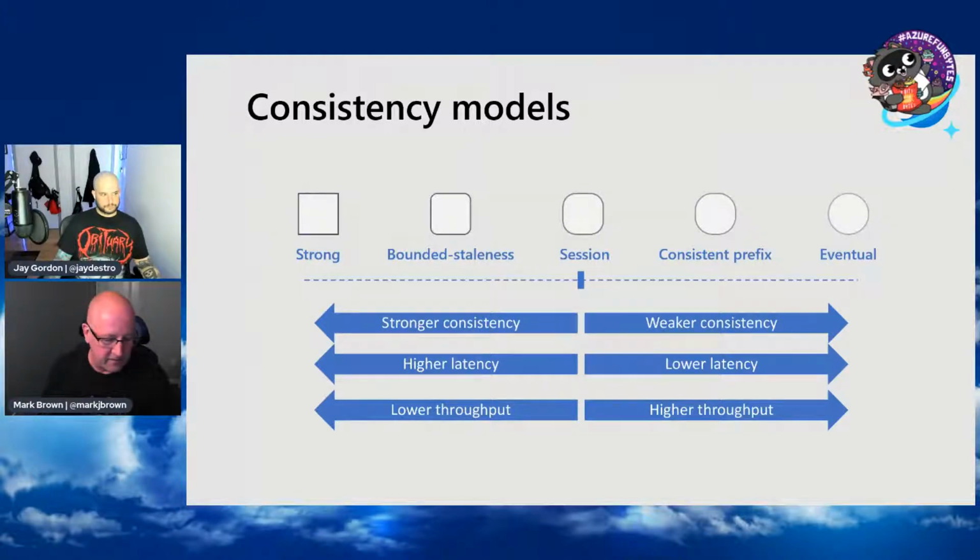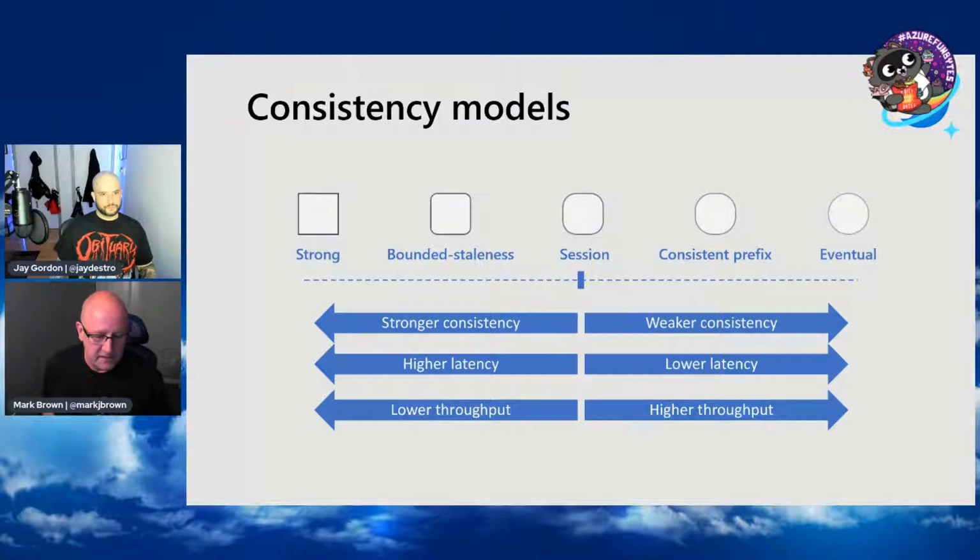Most people, I find, when they say they want strong consistency, actually what they really mean is I want to see my own writes. And that actually is something we can give them with what we call session consistency, which provides read-your-own-write guarantees.